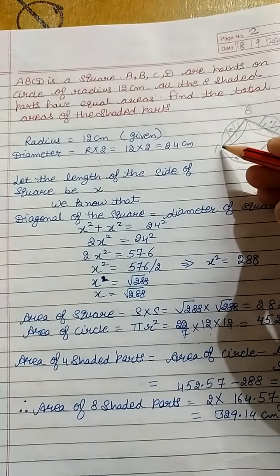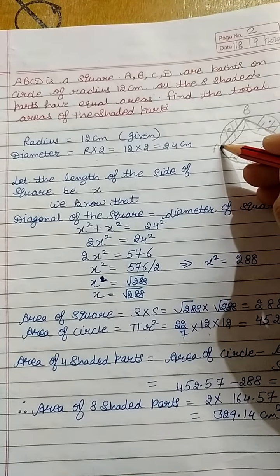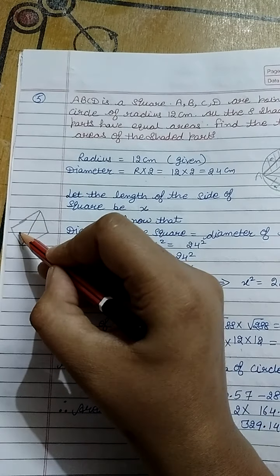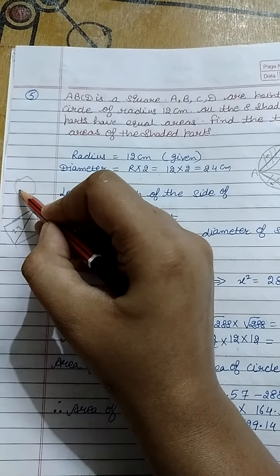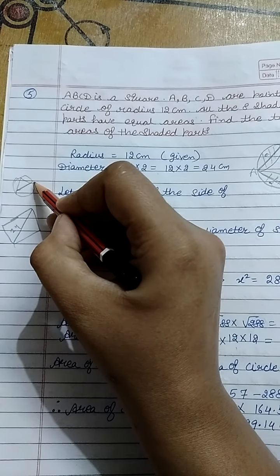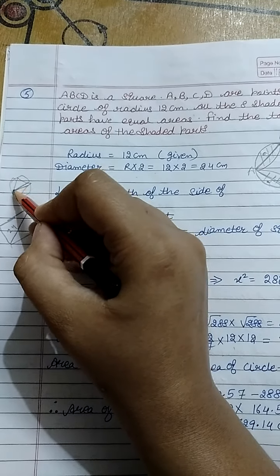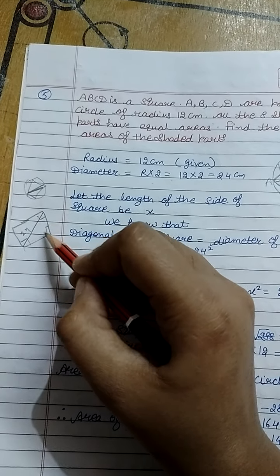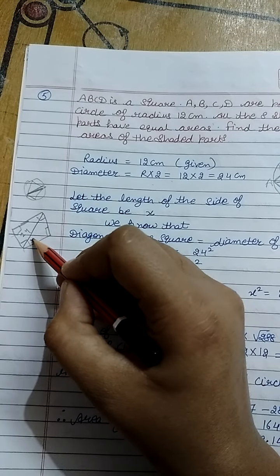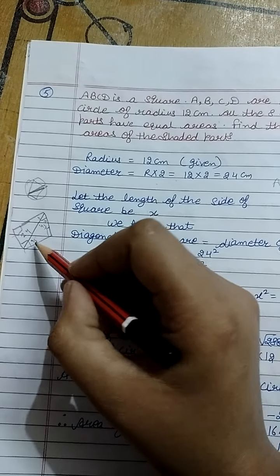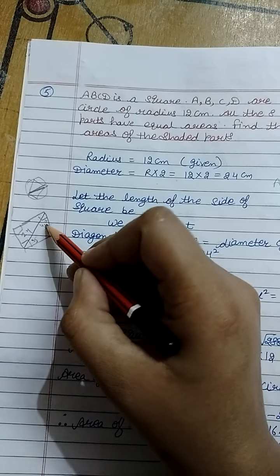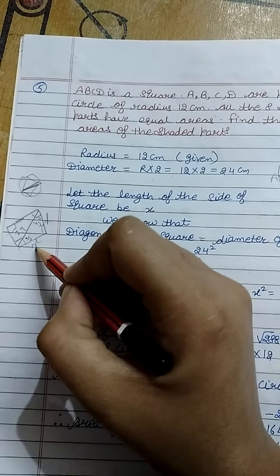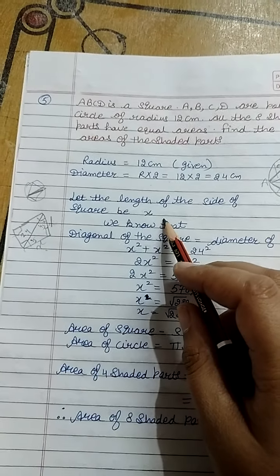Circle diameter and the diagonal of the square are the same, that is 24. See, the circle diameter, and the square is inside, so that means the diagonal of the square is 24, and all the angles you may see are 90 degree of the square. And this one is 45 degree and this one also 45 degree, and if the angles are equal then their opposite sides are also equal, so one is 24 and the others we will assume x and x.